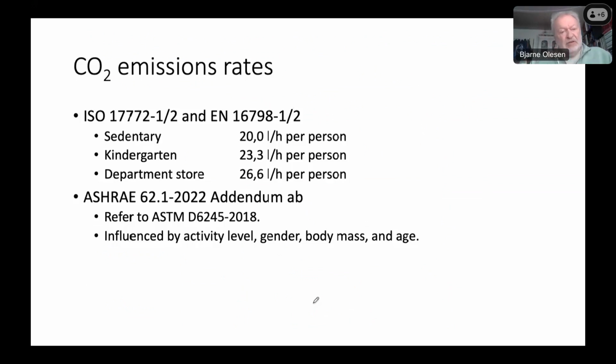And there we talked about, but how is the emission? And Andy mentioned it's in the ASTM. You can find emission rates of CO2 from people. At the moment in the ISO and the EN, we are using 20 liters per hour per person for sedentary,